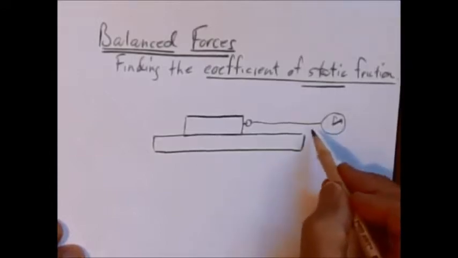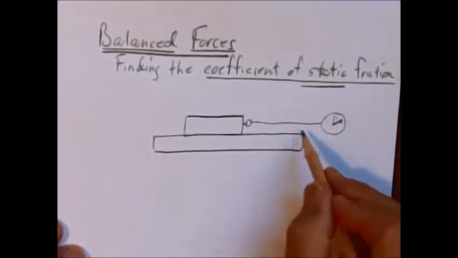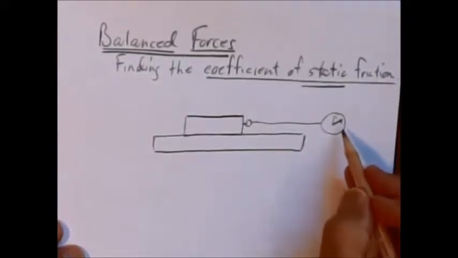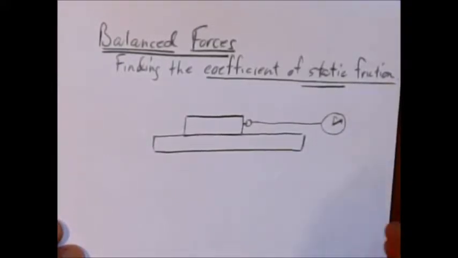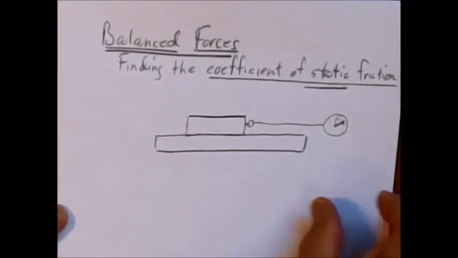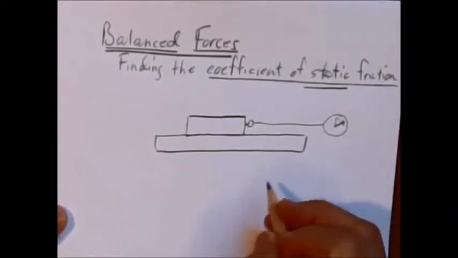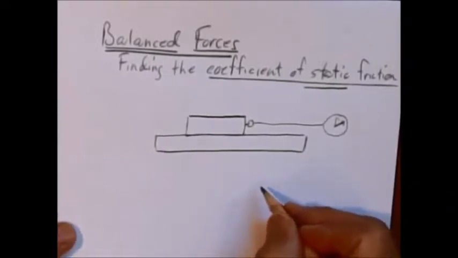In both situations, you are pulling on the block, but when you're trying to find static friction, the block isn't actually moving. You're going to take that measurement just before the block starts to move, and that's a little bit tricky, and some of the gauges will hold a maximum value, but the way we approach this